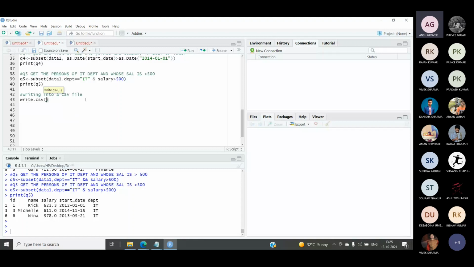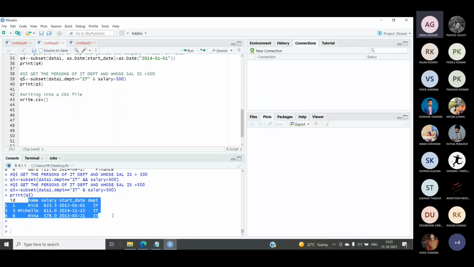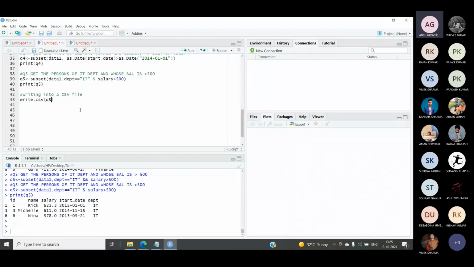So for this, firstly we need to check what we want to write. In this case, we were saying we will write these values as a CSV file. So this result is in the Q5 vector, so I will specify Q5 over here. After this, the second argument that I need to pass will be the name of my CSV file.